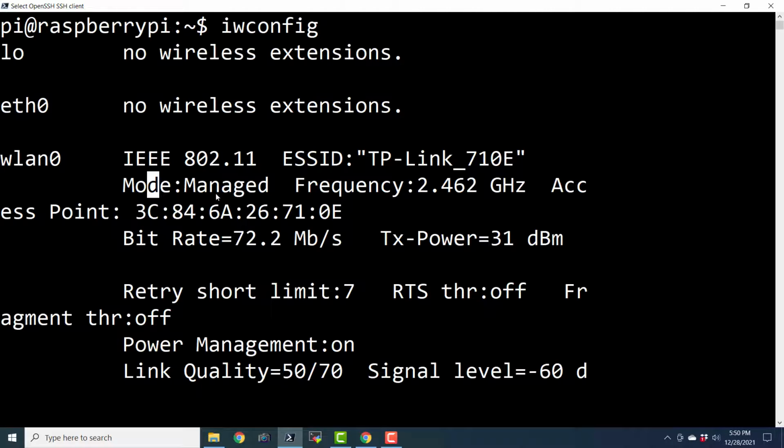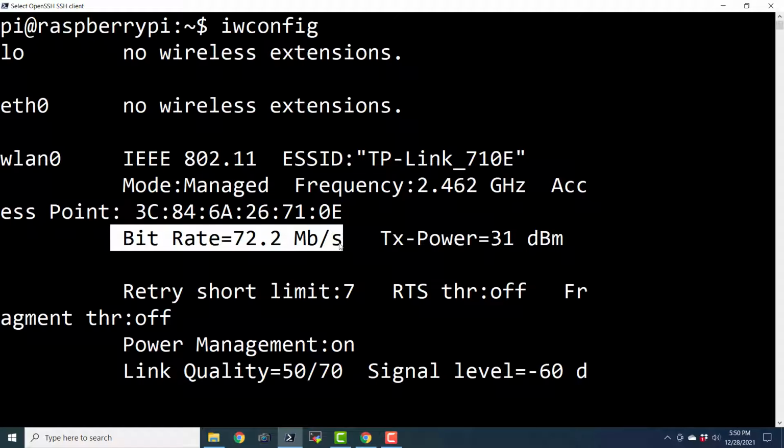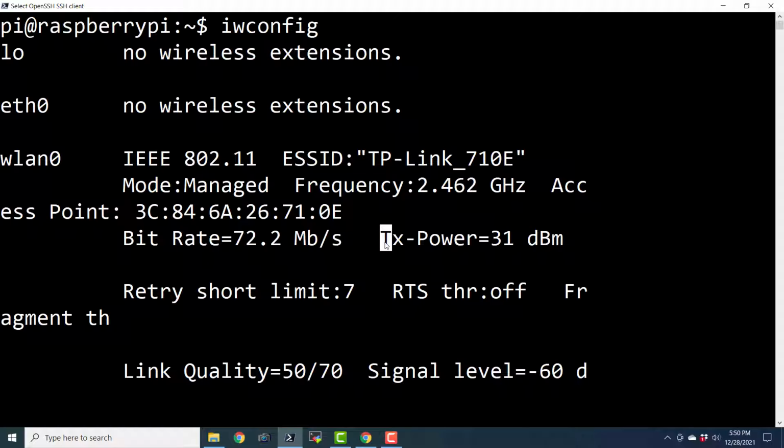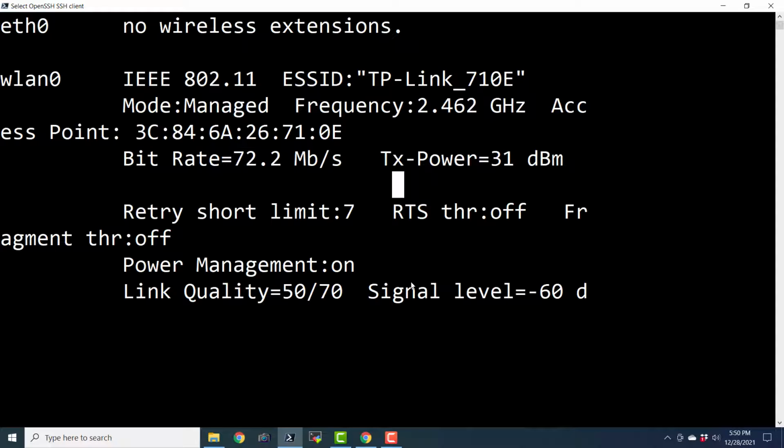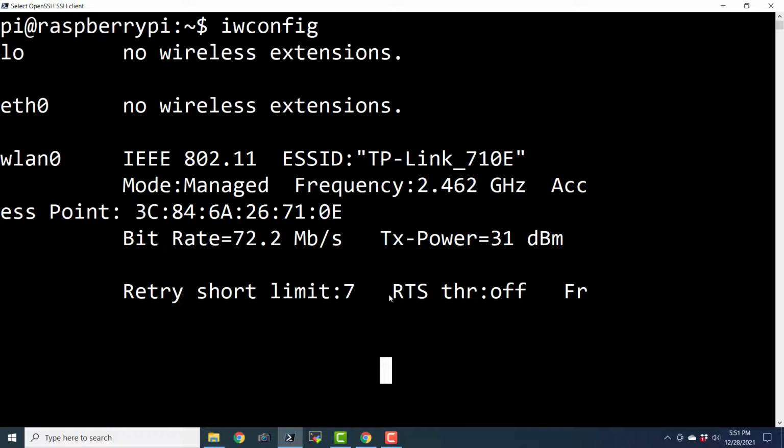Here you can see that the mode is managed and the frequency is 2.4 gigahertz. This is the MAC address of the access point, the physical address, in the hexadecimal number system. You can also see the bitrate of the data transfer and the power for the transmission; TX stands for transmission. Here you can see the link quality and signal level. All these parameters can be seen with this command iwconfig.